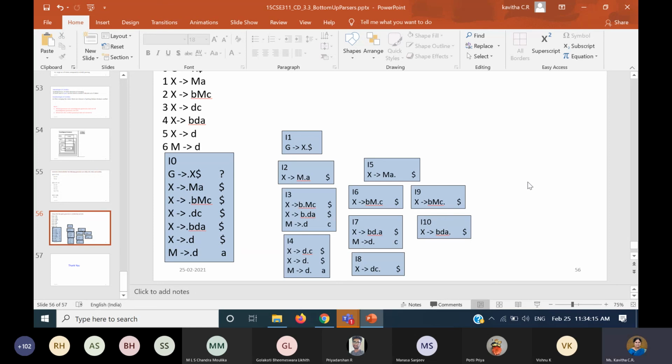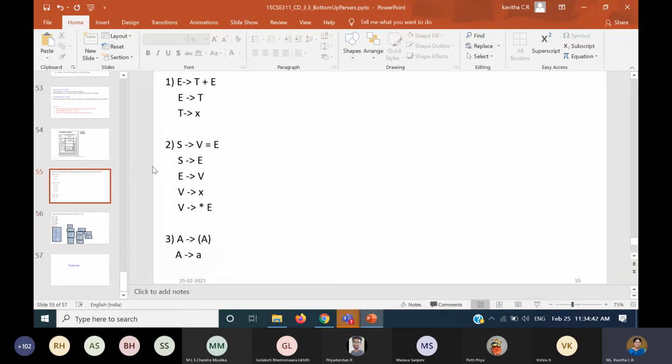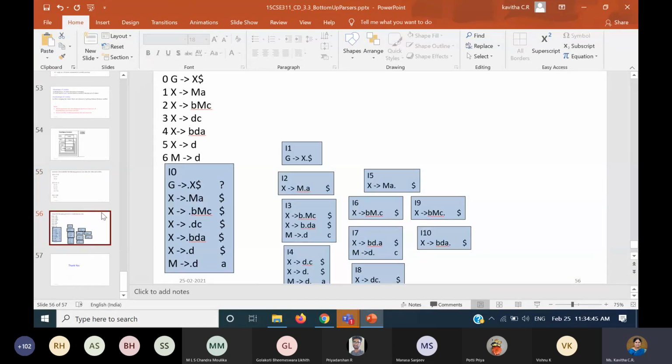Yes or no? Exhausted, is it, students? Anyway, I'm going to share the slides. So see this. This is actually the LR(1) diagram. If there are no changes and if you're not going to merge, then LALR(1) also will be the same. Just see that and conclude. If this is the LALR(1) diagram and it is also the LR(1) diagram, you see whether any conflicts are there. If it does not have any conflicts, then this particular grammar is suitable for LALR(1). That's what is given in the question also.